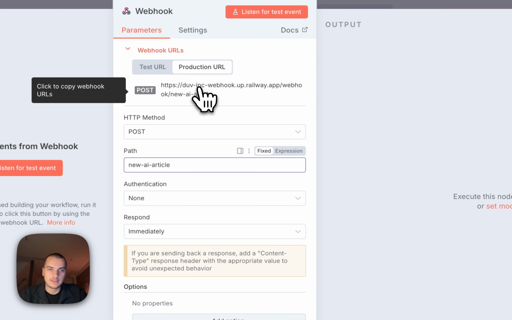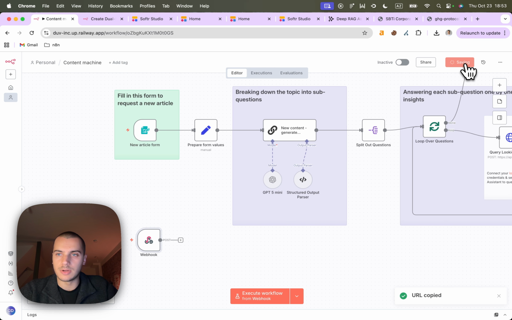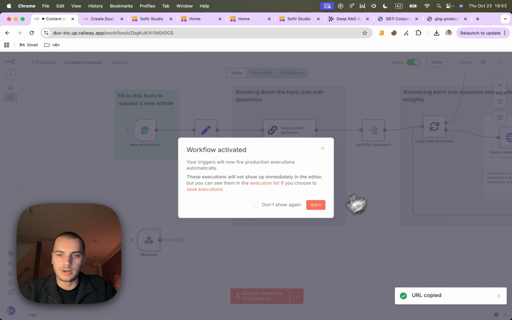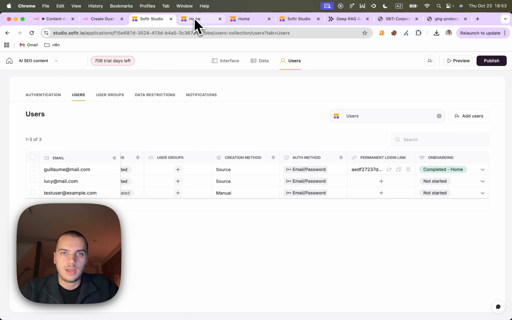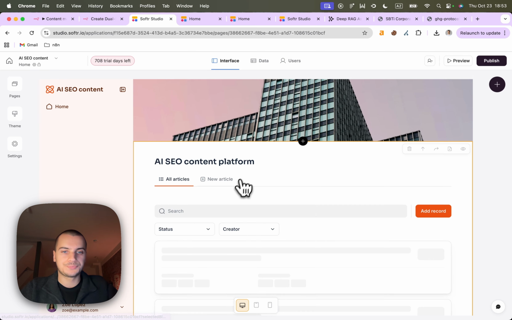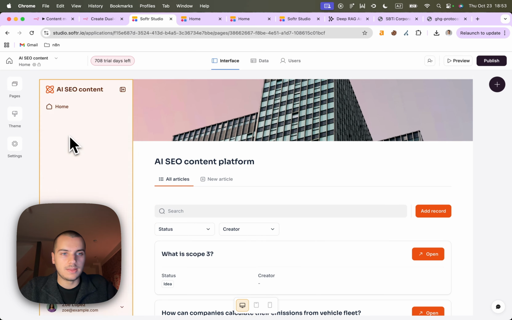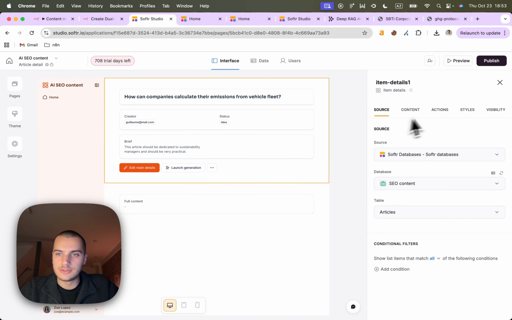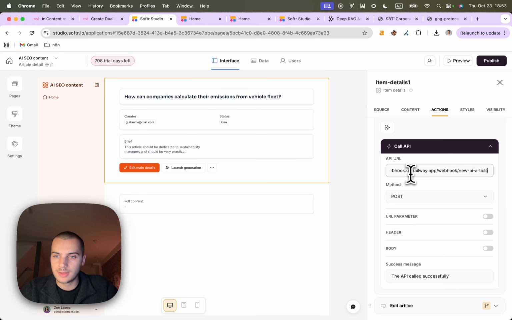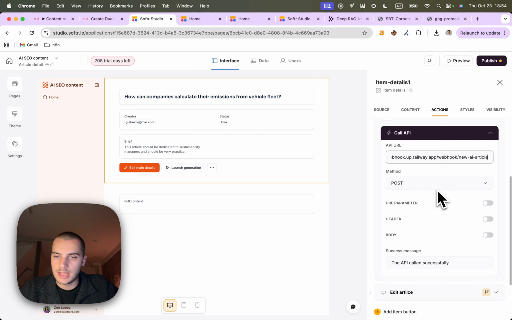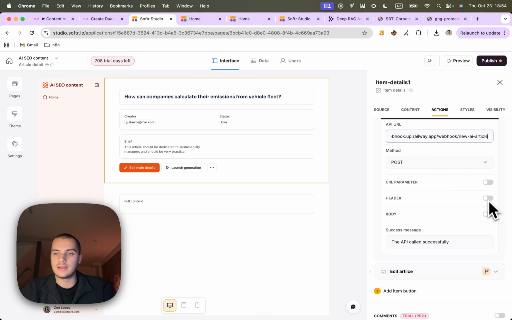We then get this prod URL, and what I like to do is to directly use the prod URL instead of the test one, because if I now go into the studio here, in the article detail, that's where I can add this webhook URL,